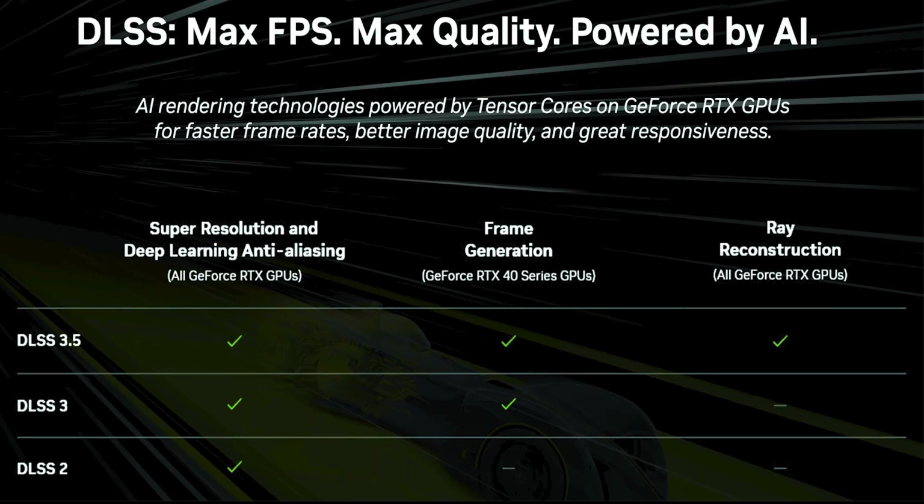DLSS 3.5 frame generation is only available on RTX 40 series graphics cards, and FSR3 or Fluid Motion Frames is only available on RDNA 2 graphics card series and up, 5000 series graphics cards like the 5700 XT and the 5800 XT, and 20, 30, 40 series cards over on the NVIDIA side. Say, should you want to take advantage of AMD's software on an NVIDIA graphics card versus using NVIDIA's hardware.